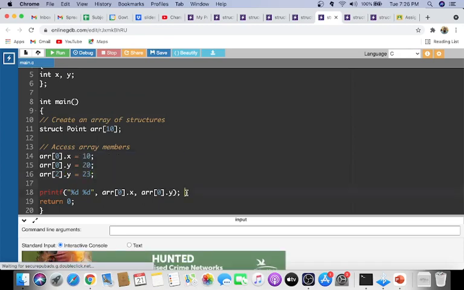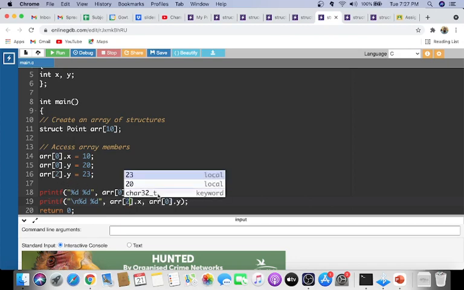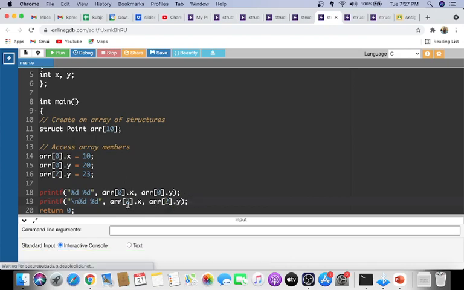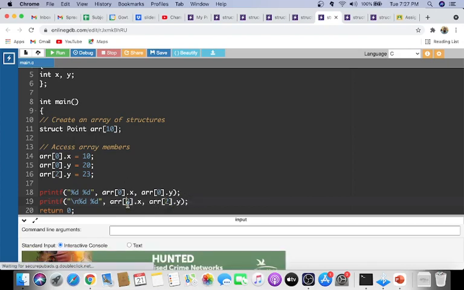And if you want to print, you can print like this. If you want to use another print statement, you can print it also. So I'll include a \n here. You are printing this, so I am going to print arr[2].x and arr[2].y. I have not given any value for 2.x, so automatically it will take 0. We have already seen it will be taking 0. So I can assign those values.